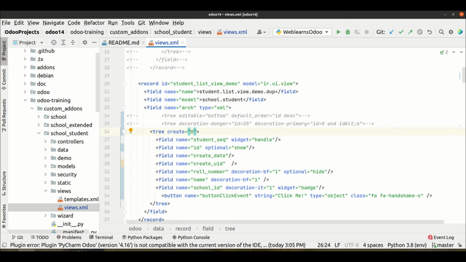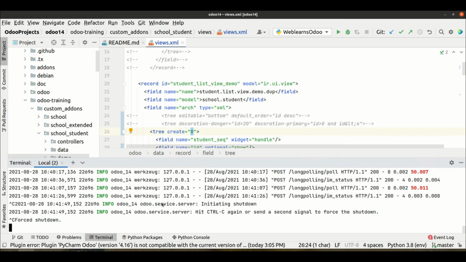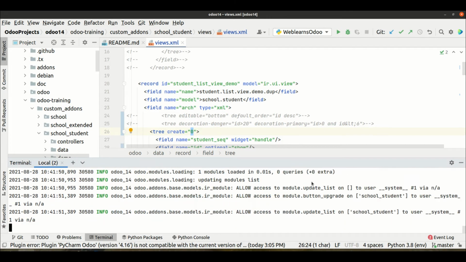Usually the default value is always 1, so we do not need to override this create attribute. But if you want to hide the create button, you have to add this attribute equal to 0, and we need to upgrade the module, that's it.